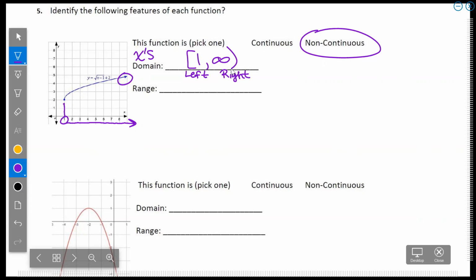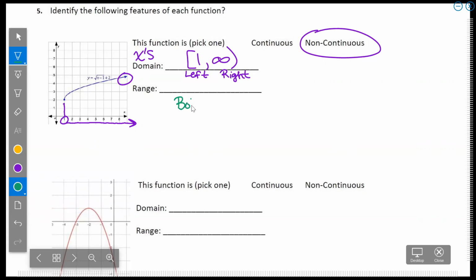I use parentheses when I can't or I'm not allowed to touch it. I can't touch infinity. It's not possible because infinity is an idea. This idea that it goes on and on and on. I can't actually touch it. If there was an open dot, I can get really close to it, but I'm not allowed to actually touch it on the inside there. And then my range,